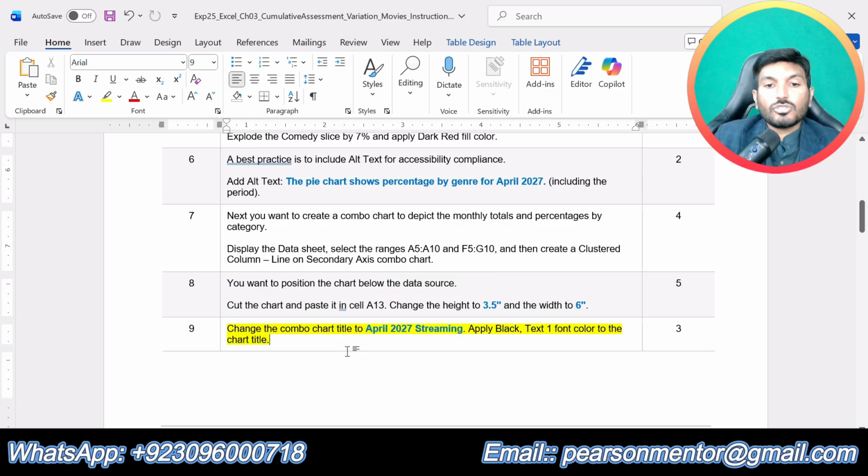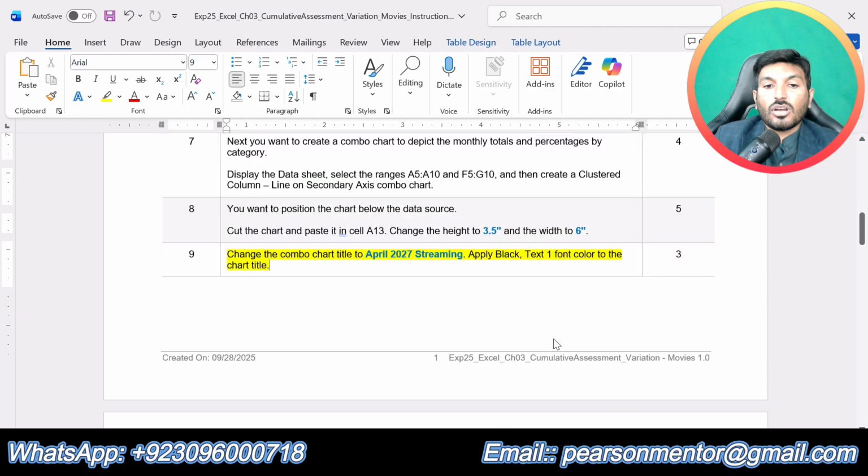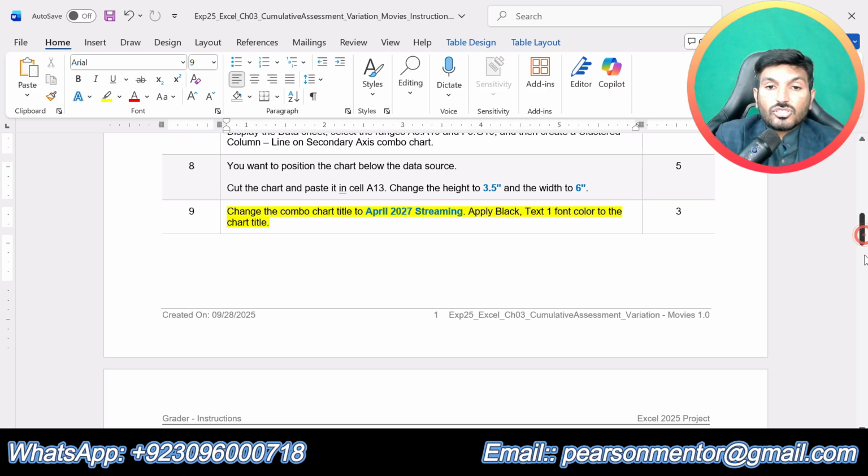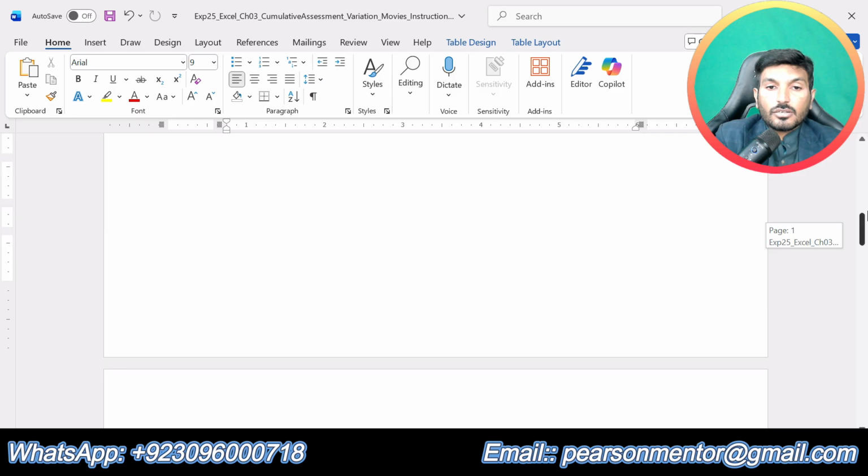So step number 9. Change the combo chart title to April 2027 streaming. Apply black text on font to the chart title. So now we are supposed to give a chart title to the combo chart.